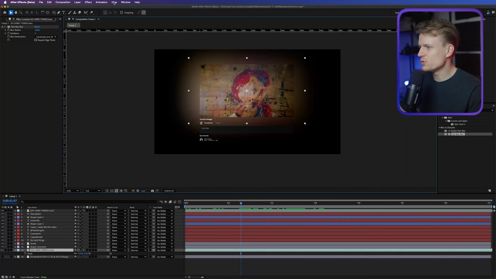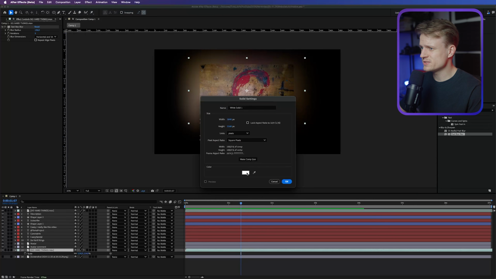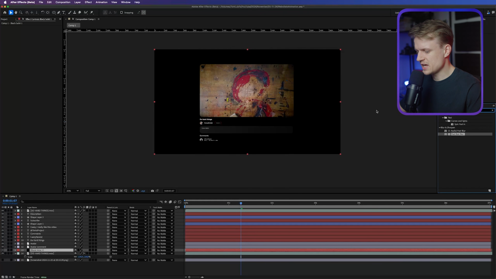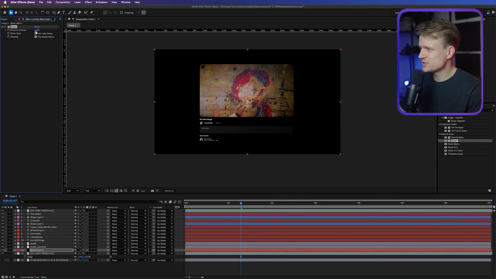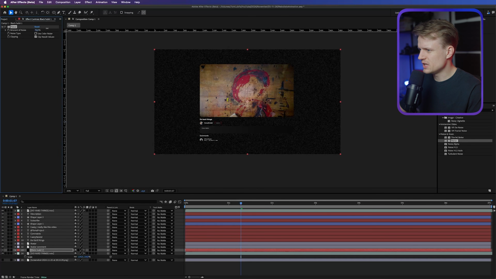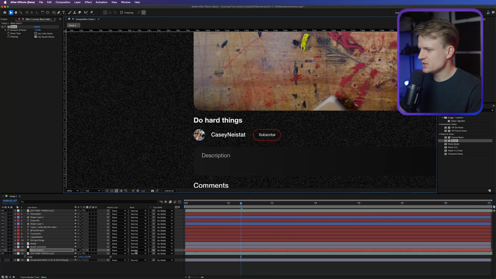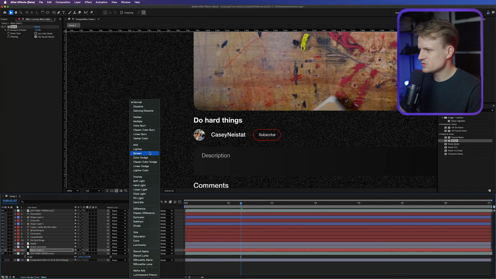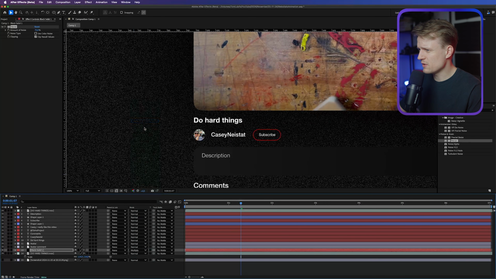Now what I also like to do is add a noise effect to this. So we can just go to layer, new, solid, make sure that this is black, press OK and press OK. Then let's add a noise to this, double click, turn off use color noise and increase this by a lot. Let's zoom in a bit and change the black solid's blending mode to multiply, and that will have this